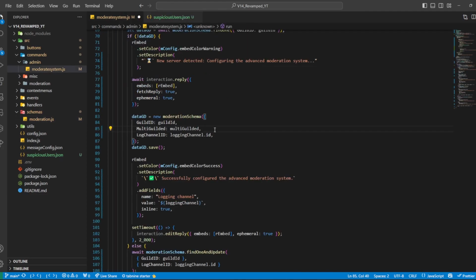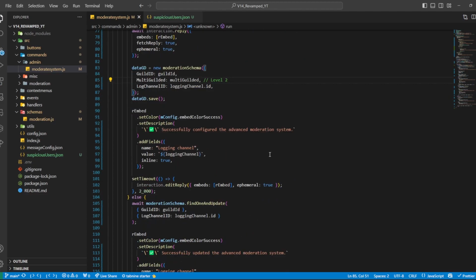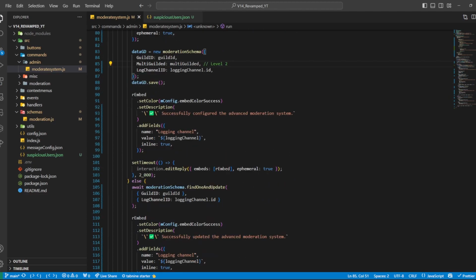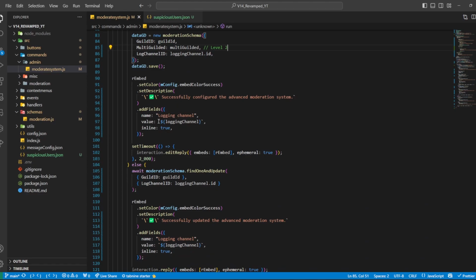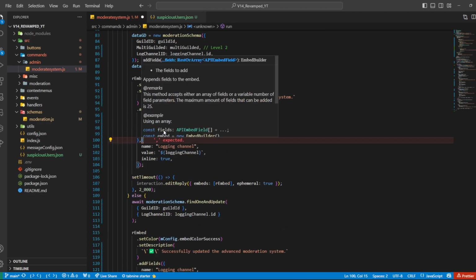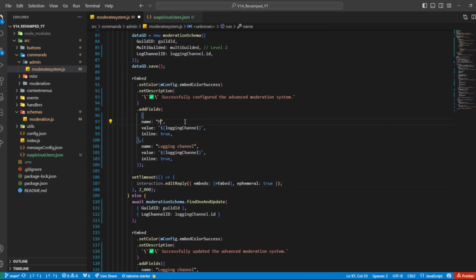Alright. And then we move on, and right here we are gonna add another field, and this field is gonna be called multi-guilded as well, and